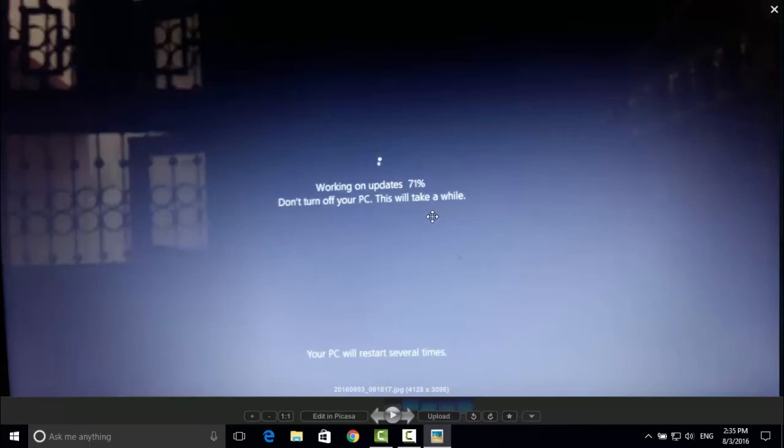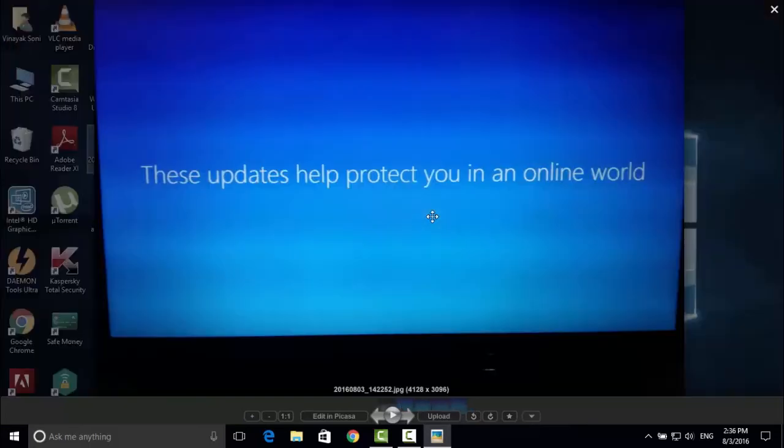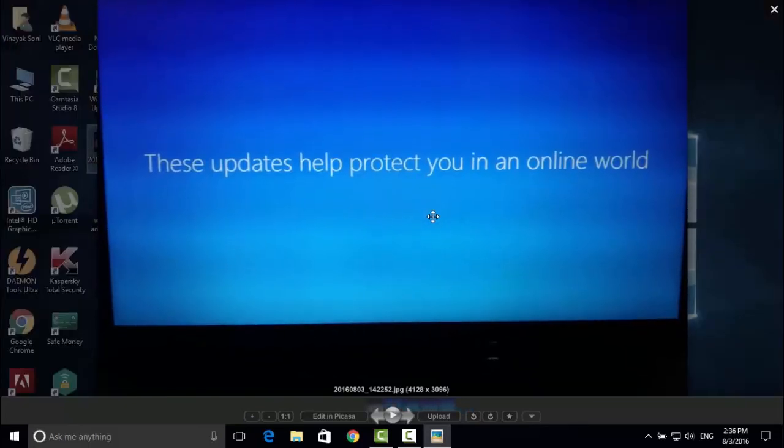Your lock screen will come, and it has some changes, some new improvements, UI improvements are there, and the lock screen is also improved now. It is well managed, and it looks graphically very nice. And after that this window has appeared which says these updates help you to protect in an online world.